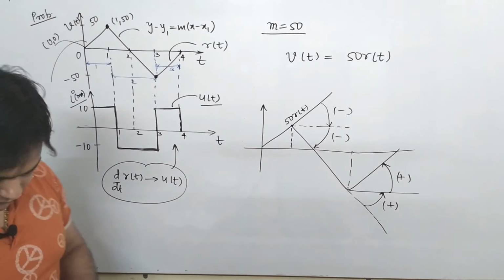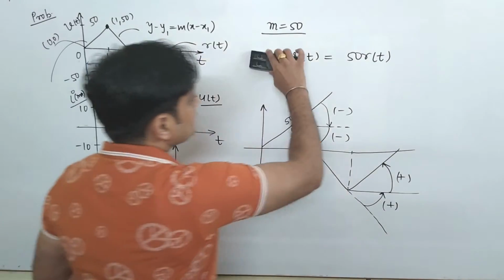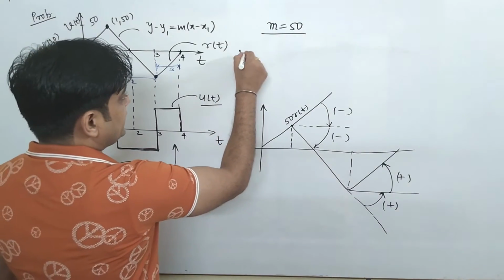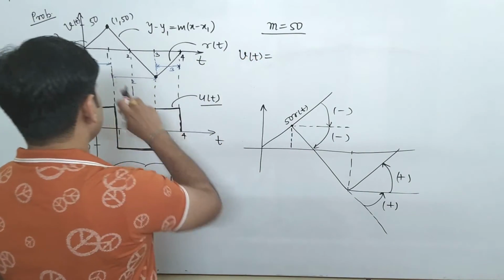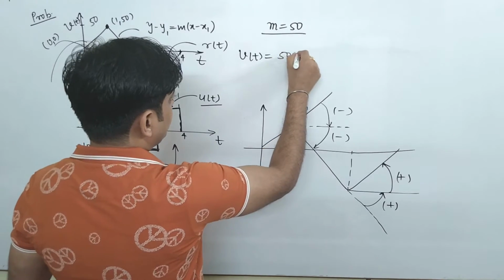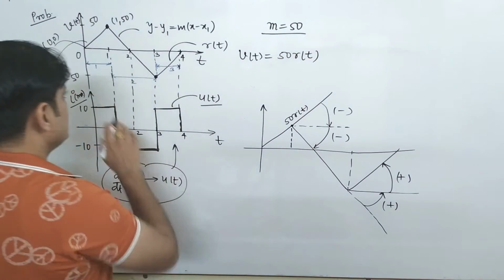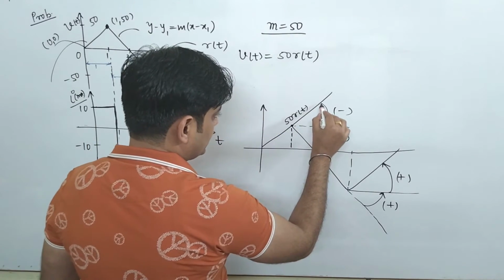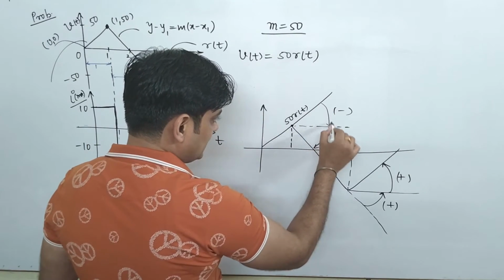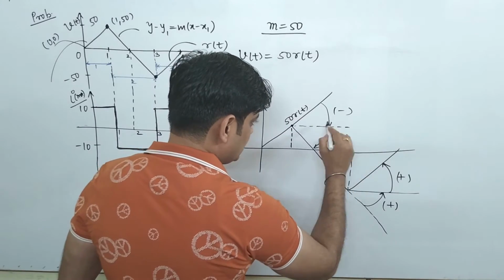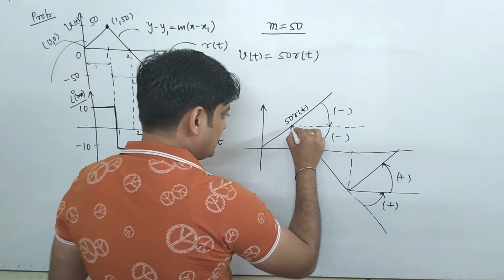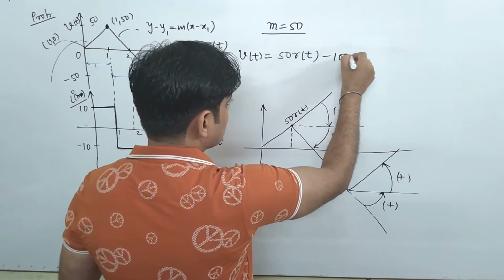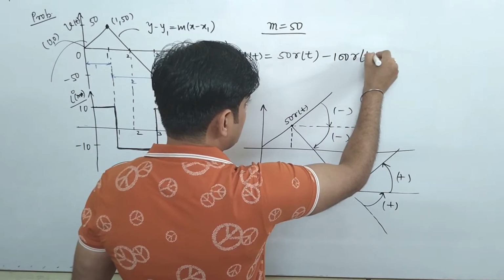So now we will see how we write that ramp signal. Please see, this v(t) is equal to, as I mentioned here, 50 r(t). Yes, the signal which is going here in this form. As I said, you have to first decrease the value by the same slope, so that it comes in this manner, and when once again you decrease it, it comes in this manner. So you can directly write here minus r(t minus 1).